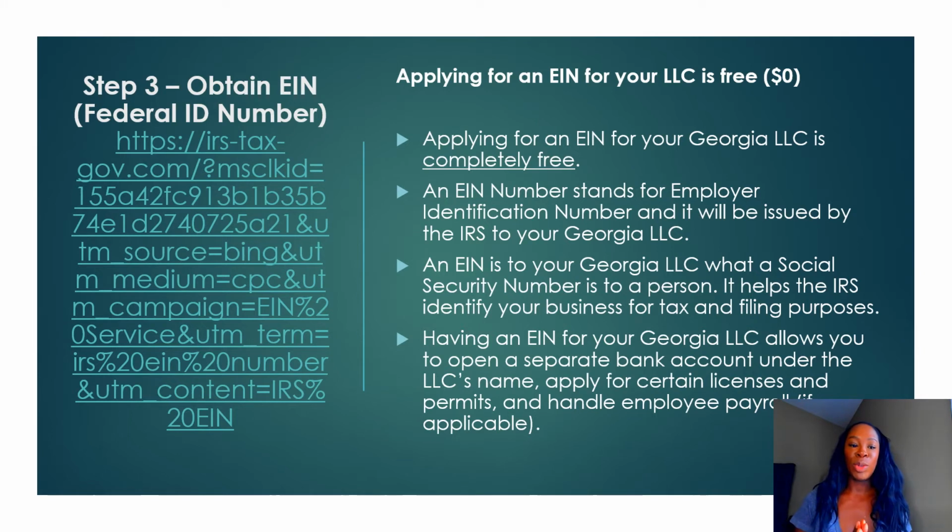So you're going to go to, again, the IRS website. You're going to apply for an EIN number. I'm in Georgia, so it'll prompt you to put in your information. And you're going to apply. They're going to ask for your articles of incorporation. They're going to ask for the information from the Secretary of State. You're going to enter it and you're going to upload your supporting documents. And then sometimes immediately or within 24 hours, you will have your number. You will have your federal identification number. And that number you can use to go right into step 4